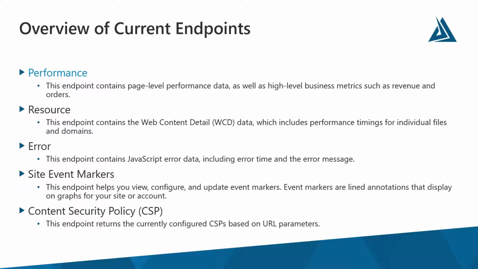error time and the error message, and you can get some high-level trends about what types of errors have been happening over a certain period of time and things like that. So those three at the top are really the data access API endpoints, and then the two at the bottom are more for configuration and other things. So the site event markers are actually annotations on graphs for